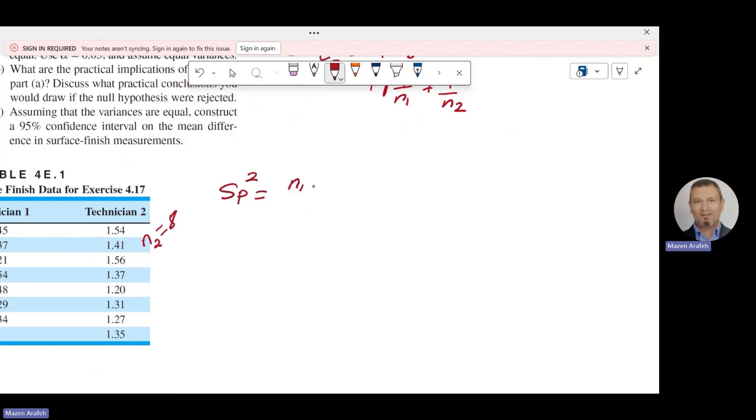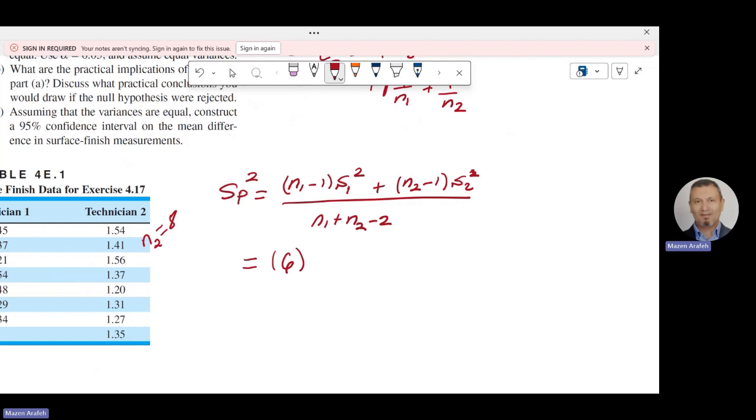The first weight is n1 minus 1 times s1 squared, the variance of the first sample, plus n2 minus 1, the degrees of freedom of the second sample, multiplied by the variance of the second sample, divided by the total degrees of freedom, n1 plus n2 minus 2. I already calculated the variances for each sample. So I have here n1 minus 1, that is 6,